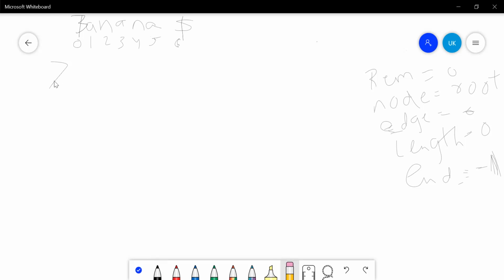All right. So after that, according to the first rule, let's create the root node. So this is the root node, which is R. And from that, we have to go to the first character, B. So according to rule 1, let's add B. And this is represented as 0, comma end.